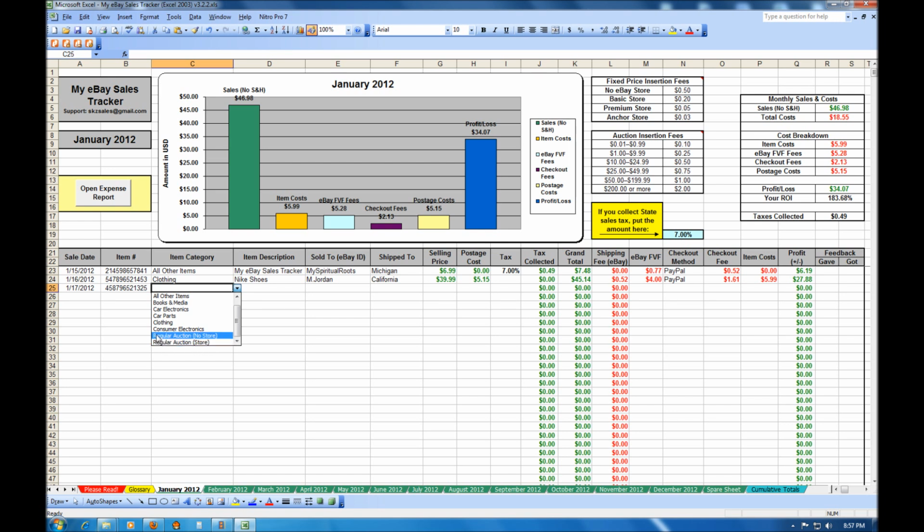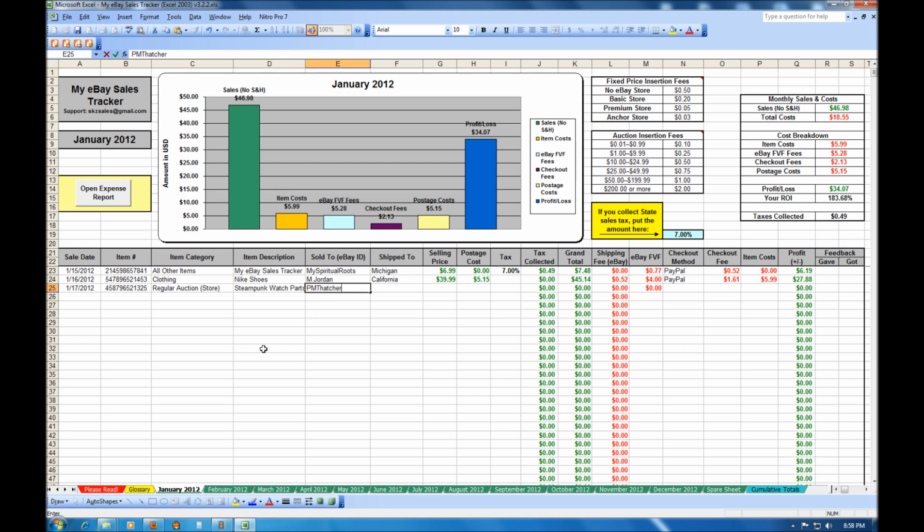If you're one of the few people out there who don't have a store but just do strictly the 3, 5, 7, or 10-day auctions on eBay, then you would choose regular auction, no store. We'll use the regular auction store in this example. For the item description, we will use steampunk watch parts, and let's say Margaret Thatcher in Great Britain won this item in the auction. So